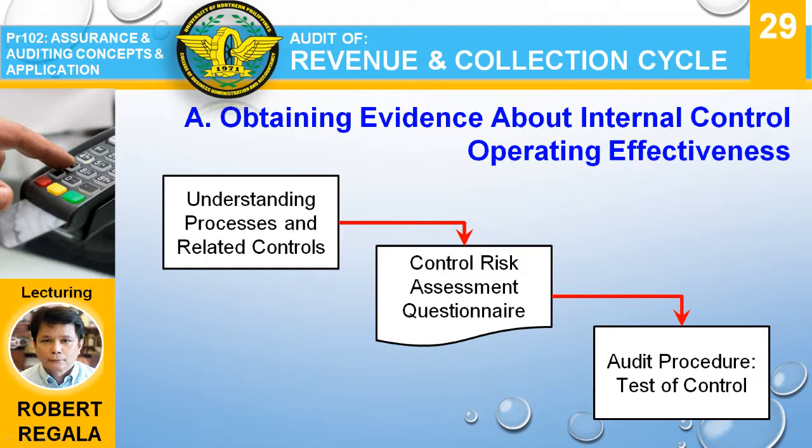Once the auditor has obtained an understanding of the business processes and the internal control that management has implemented over the sales adjustments transactions through the various methods including walkthroughs, scrutinizing the documentation, observation, and inquiry, the auditor may now